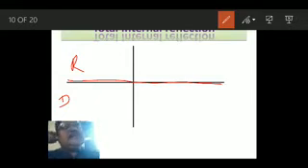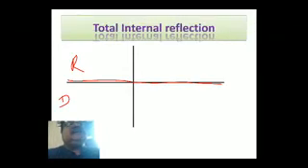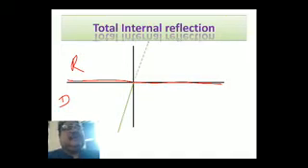Now let us consider a ray of light. It travels from the denser to the rarer medium, and as we know, when a ray of light enters from denser to rarer medium, then it bends away from the normal. Suppose this is the ray of light which enters from the denser medium and goes to the rarer medium. It would have gone straight like this in absence of any other medium. If the medium is the same, then it would have gone straight. But as the ray of light is passing from a denser to a rarer medium, it bends away from the normal.